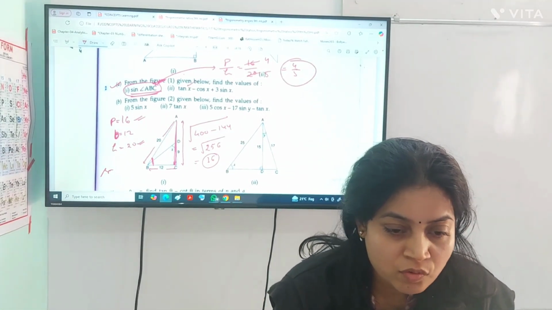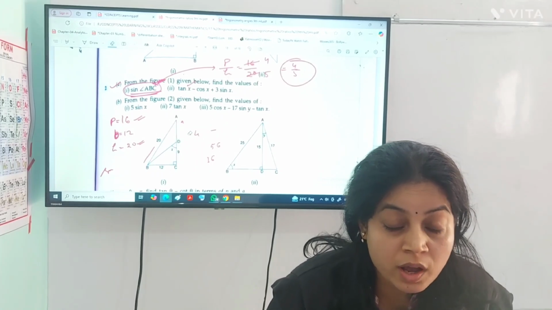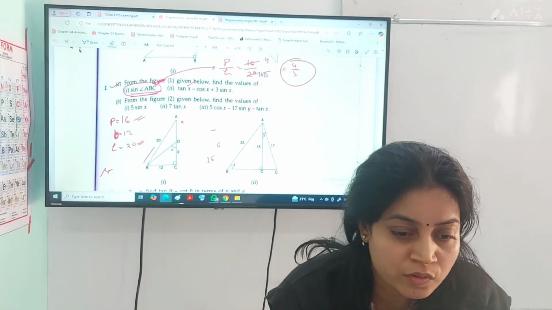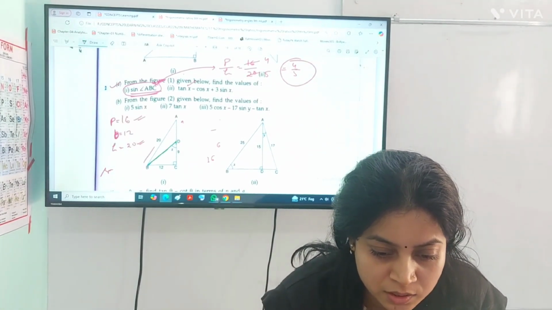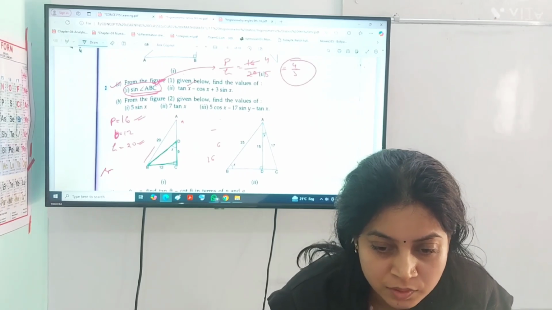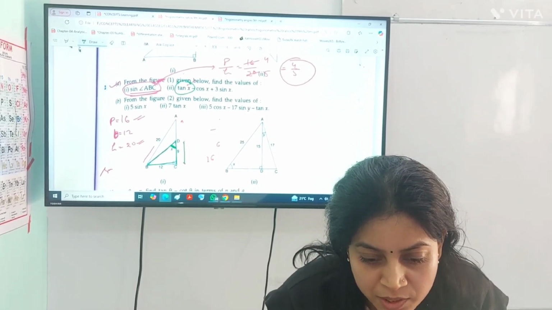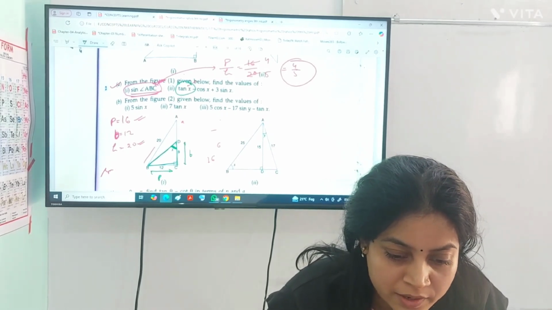Similarly, you can find tan x. If you want to calculate tan x, you can use this right angle triangle. As I told you, trigonometry can only be used in a right angle triangle. So we will have to find another triangle. This is the triangle. And if you want to calculate tan x, this time this is my angle. So this will be the base, and this is the perpendicular, and the side in front of 90 degrees will be the hypotenuse.